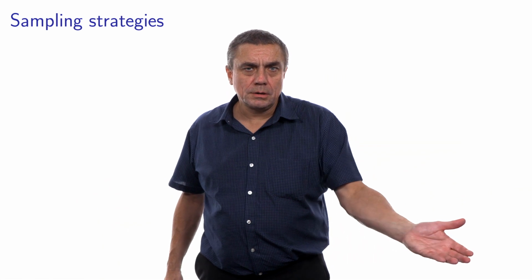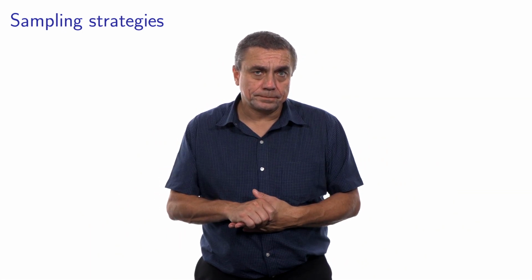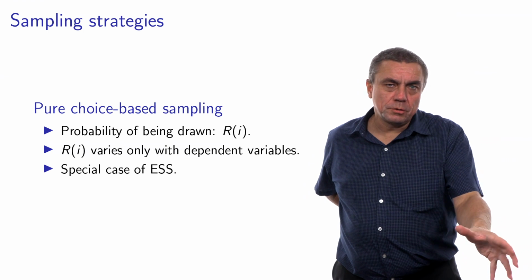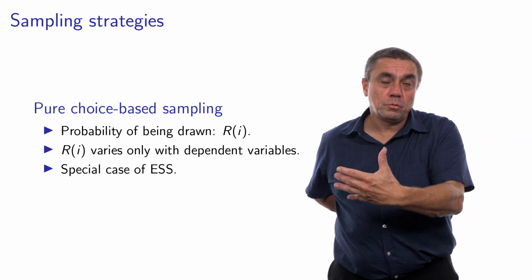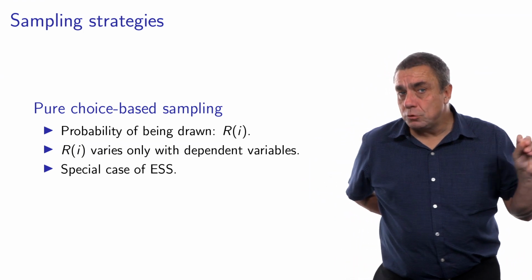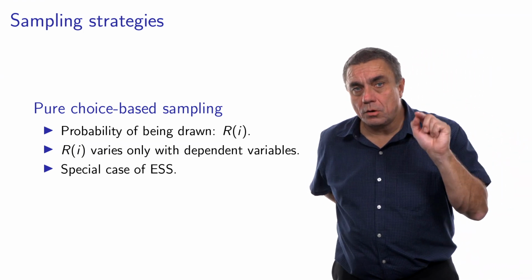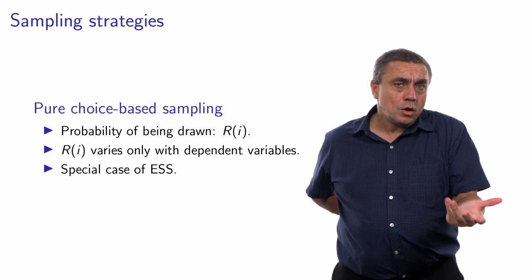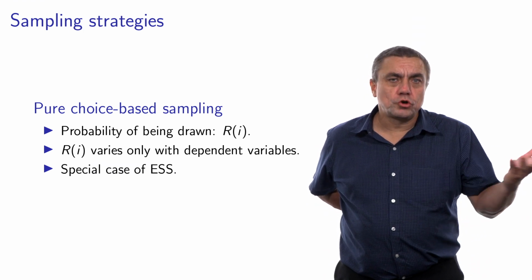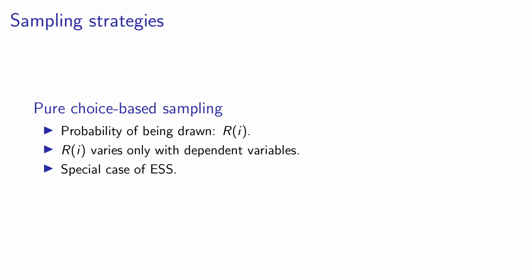It will cost a lot of money, and Ferrari will tell me, look, this is ridiculous. I have the list of these people, so call them. And if I do so, of course, the number of people who are owning a Ferrari in my sample will be significantly larger than in the population. There is one special case that I will mention because it will help me to simplify the formulation later on, is that when the probability to be selected in the sample depends only on I and not on X, well, I will call this a pure choice-based sample. But as I said, it's a special case of the endogenous sampling strategy.